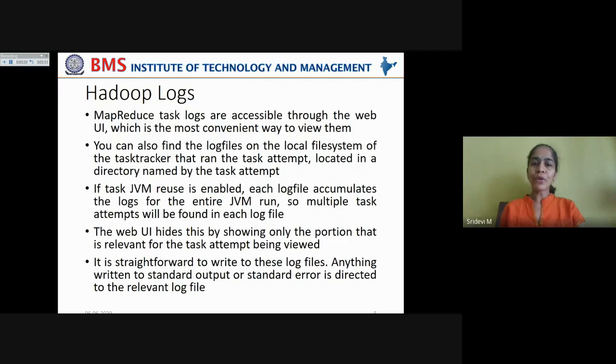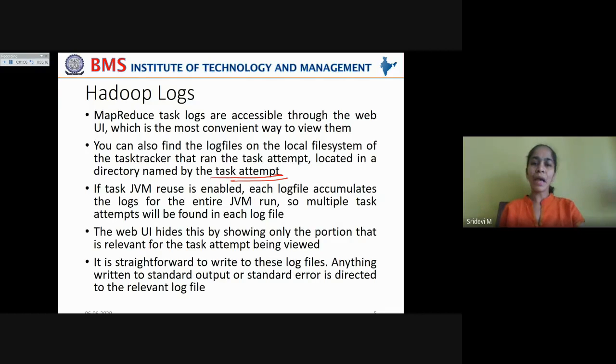Now you can also find the log files on the local file system of the task tracker that ran the task attempt, located in a directory named by the task attempt. These task trackers will be running on individual nodes, right? So there also you can find the log files on the local file system where the task tracker has actually run, but they will be located in a directory named by the task attempt.